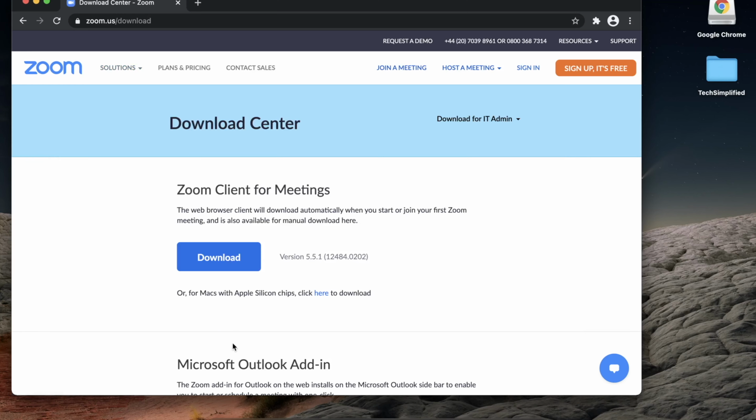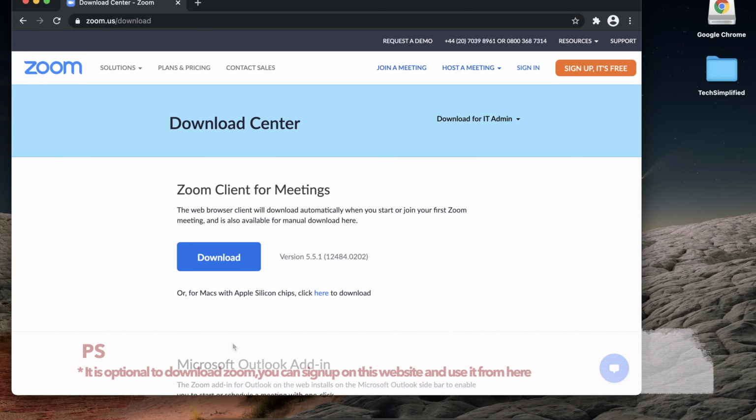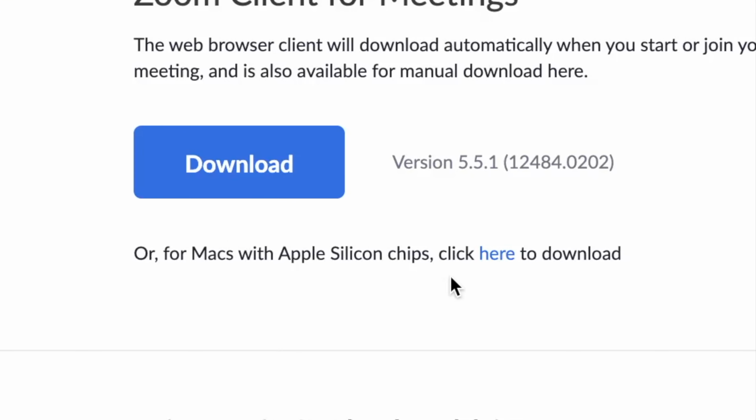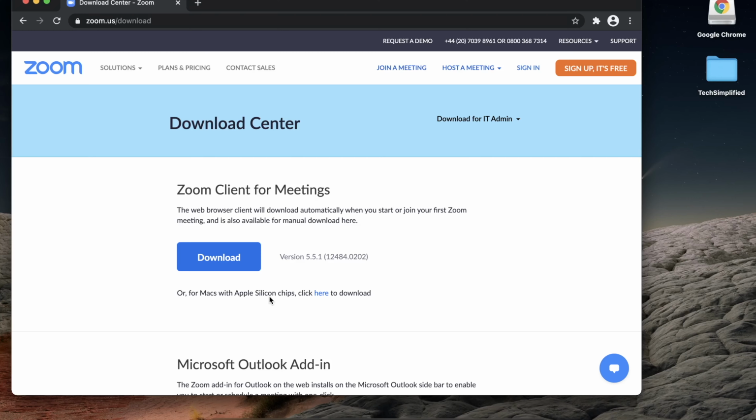So I am at the download center for Zoom. I can sign up, it's free to sign up, or I'll just go ahead to download. I can download this here, but for Macs with Apple Silicon chips, click here to download. That's exactly the chip that is on my Mac, so I won't click on this. So you just have to know what your operating system is, so you know the software that is compatible with your operating system. So I'll just click on here,